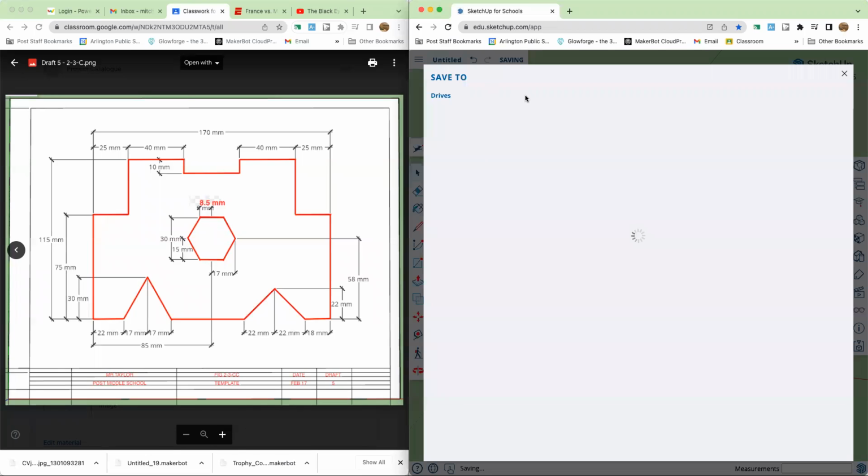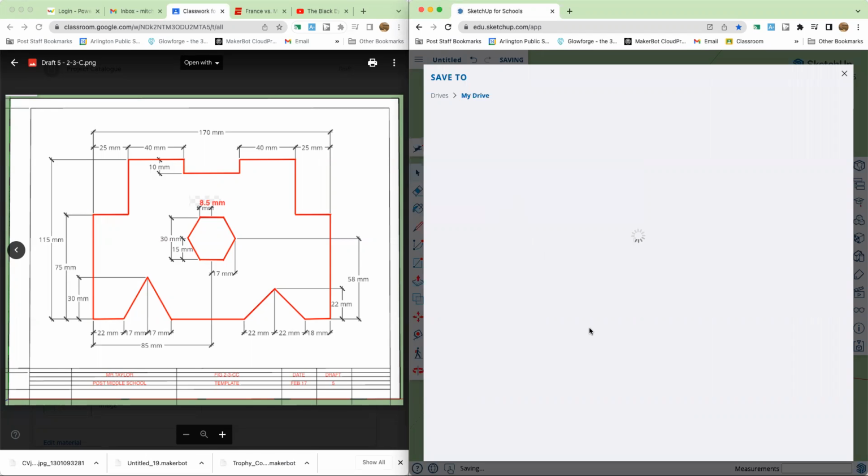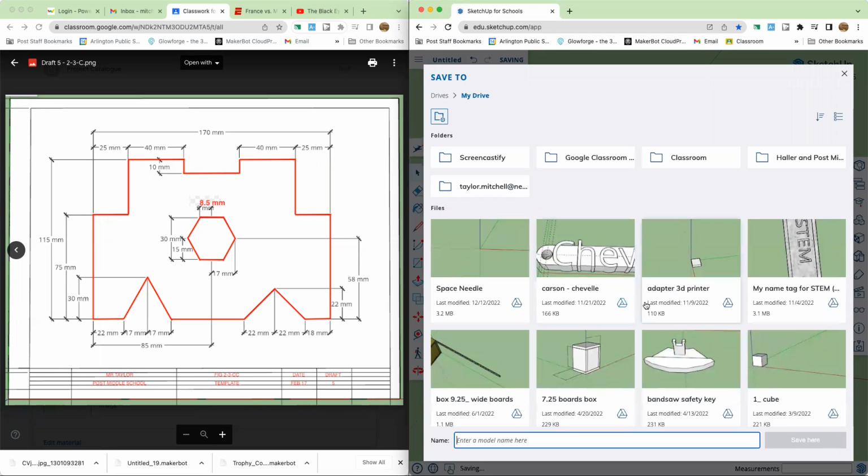And then now you can save your document, your drawing in your Google Drive. Go in your Google Drive, name an appropriate name. Also, by doing this initially early on, it should auto-save about every 5 minutes if you forget to push the save button so you don't lose your progress. Create a new folder and make your